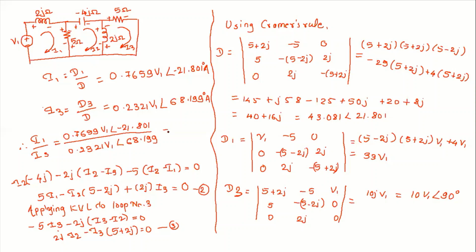So if you solve, you have to divide numerator by denominator, and you have to identify the difference between these two angles. So what is the difference? It is minus 21.801 minus 68.199, which is nothing but, if you solve this one, you'll get the value as 3.3 at an angle 90 degree, which is nothing but the current in ampere. Have you understood this one? Okay, hope you understood this numerical.